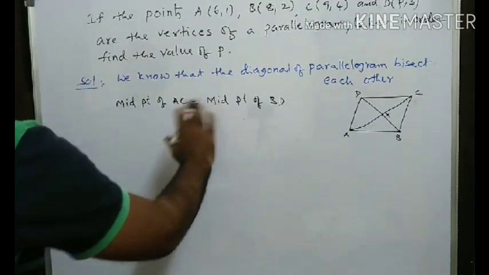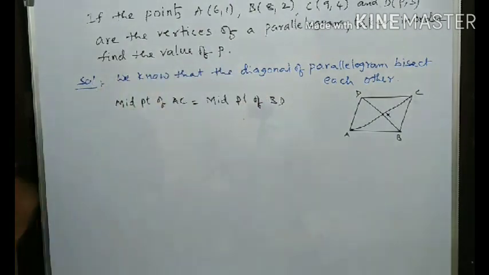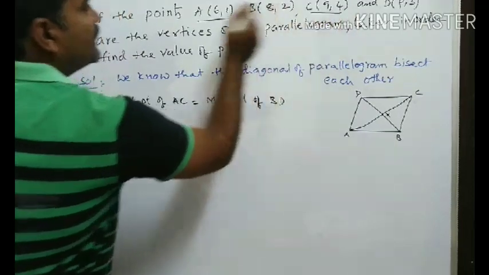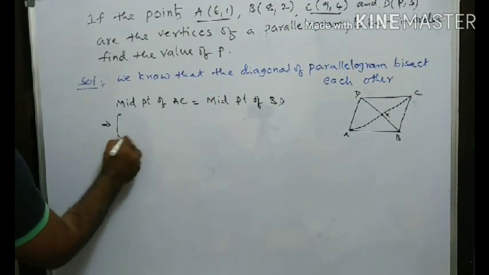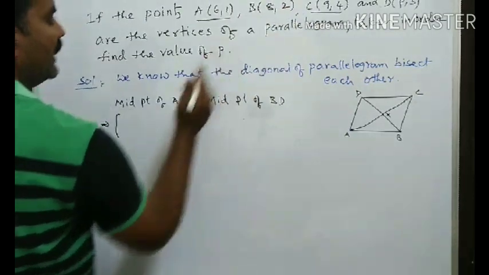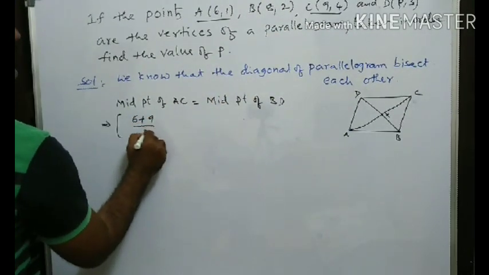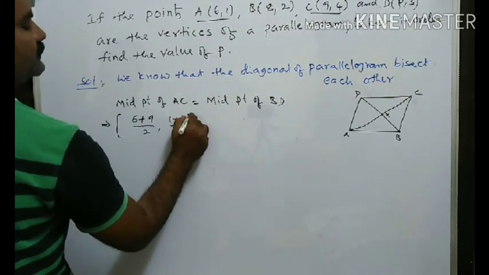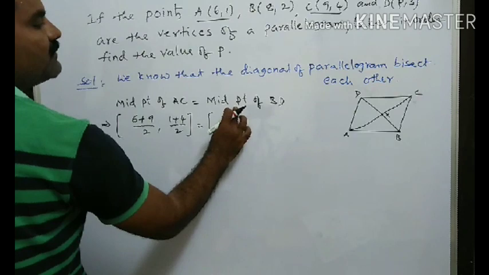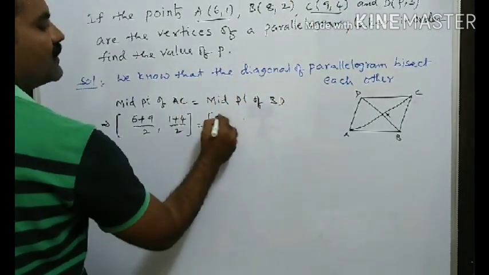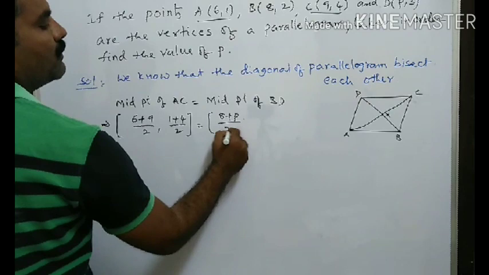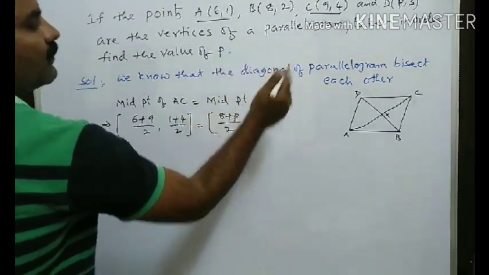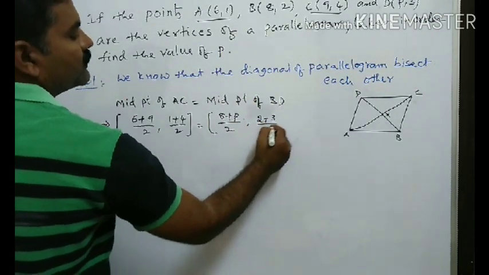That is why I want to equate both midpoints, since both are equal to X. Now coming to AC, A and C, apply the midpoint formula, that is (x1 plus x2) by 2, (y1 plus y2) by 2, which is equal to the same midpoint for B and D. So (x1 plus x2) by 2, this time x2 is P from D, comma (y1 plus y2)